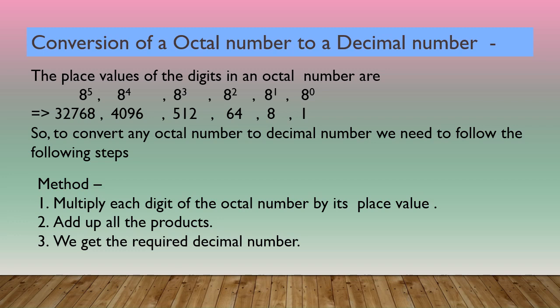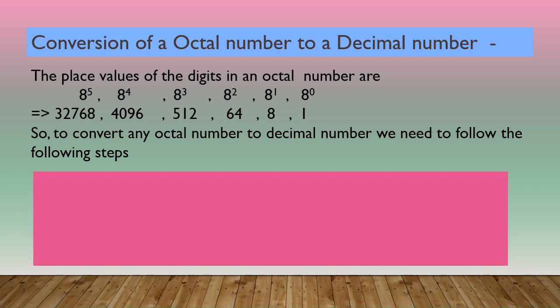32,768. Again, to convert an octal number to decimal, we need to follow the following steps. Number 1, multiply each digit of the octal number by its place value. Number 2, add up all the products. And the third step, we get the required decimal number. Again,